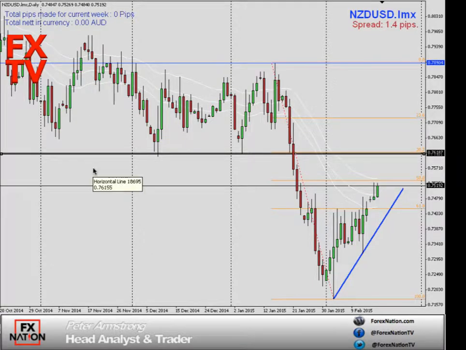We're on the New Zealand versus the US daily chart. And as you can see, we do have some support in the New Zealand, which is to be expected as the Australian dollar also got some support. How that plays out will depend on the US dollar going forward tonight. And we still haven't closed the gap from the weekend.